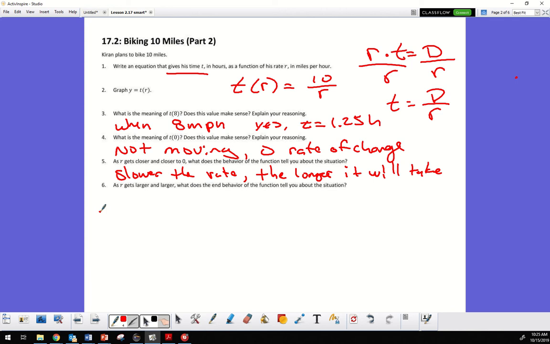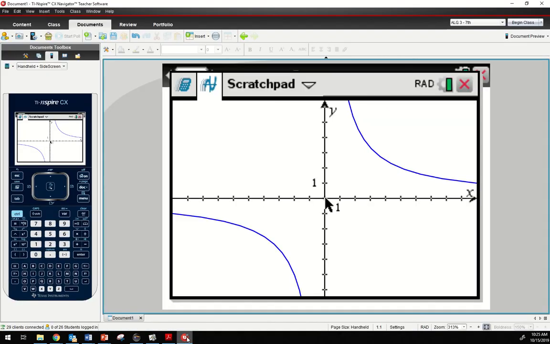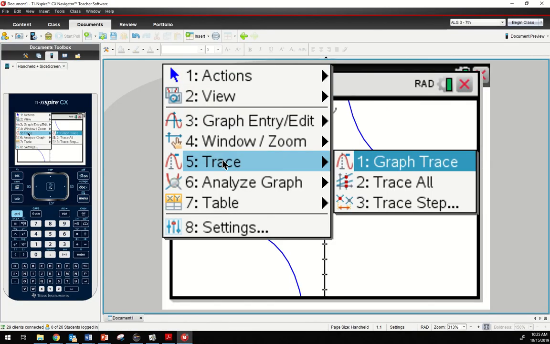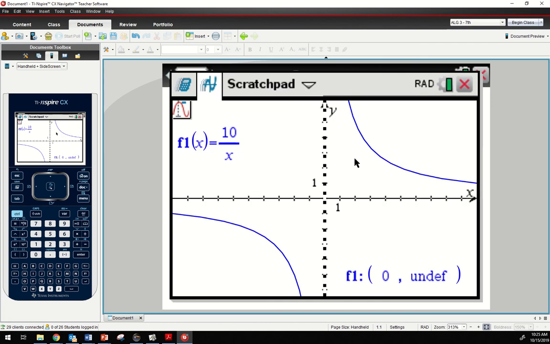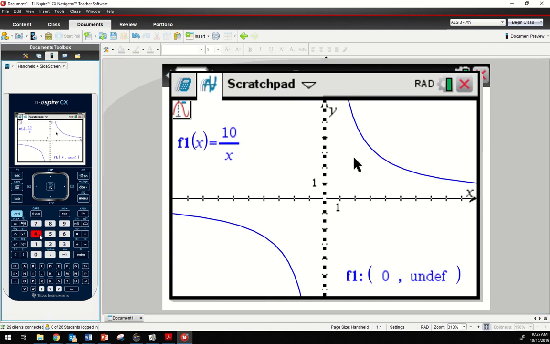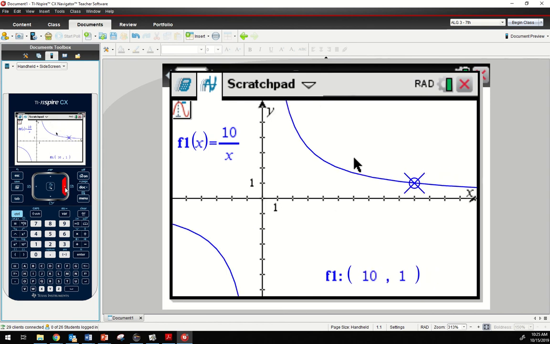As r gets larger and larger, what does the end behavior function tell you about the situation? So big r's, what does that tell you about? What is my output here? What does that tell me? What's my output here? As this keeps getting bigger,